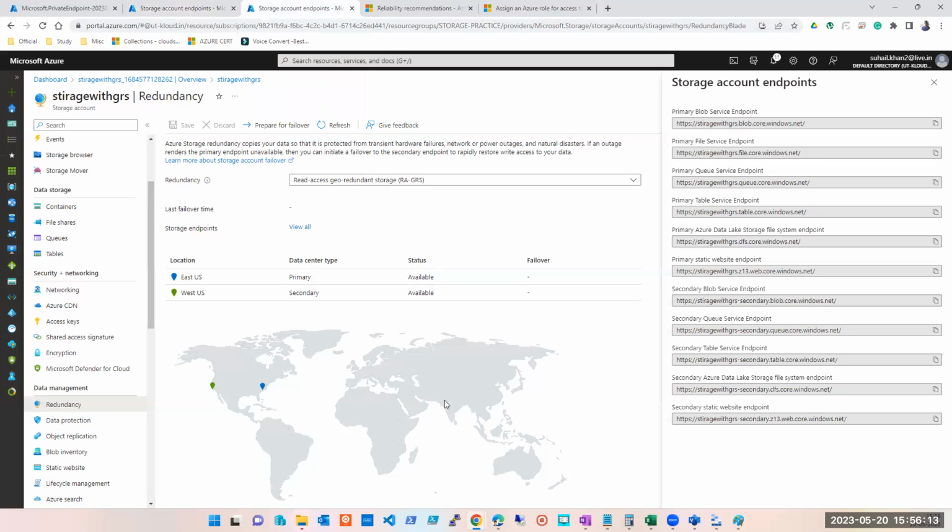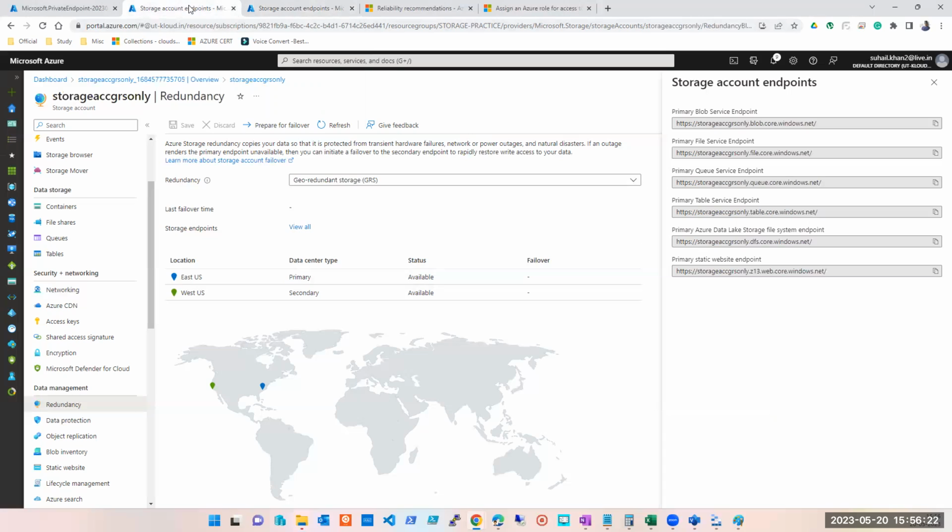In RA-GRS you have access to a secondary endpoint. Right, secondary endpoint. इसमें दो endpoint मिलते हैं. Simple. उसमें एक ही single endpoint मिलेगा. Simple. Now coming to Ibrahim's doubt, or Salman bhai's doubt, कि ये